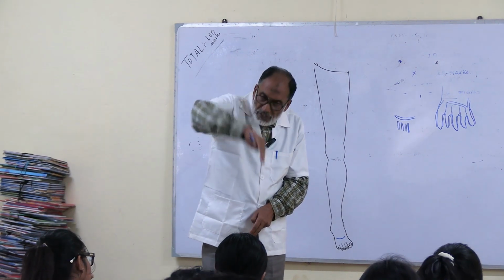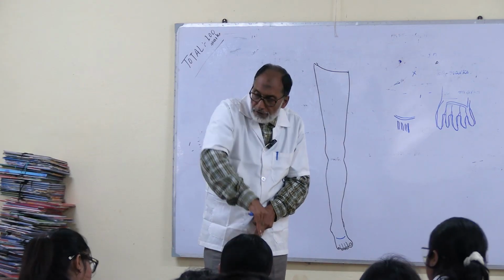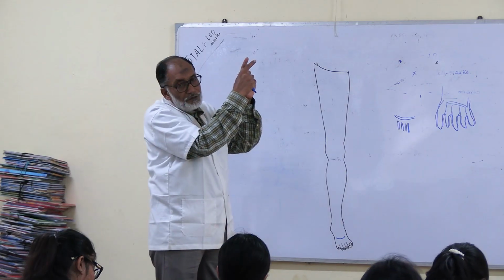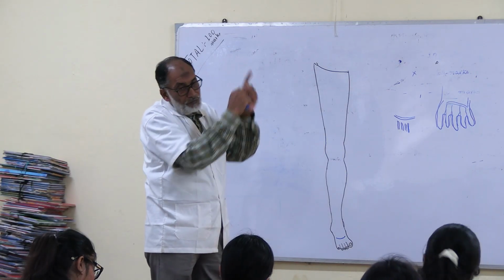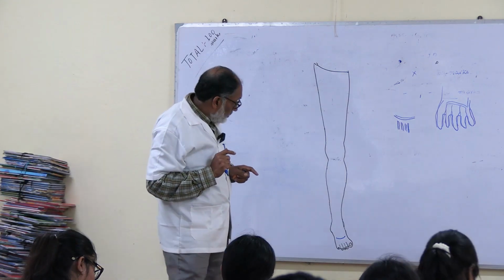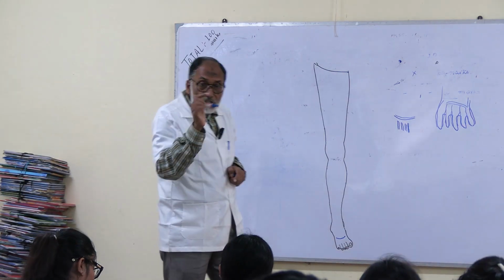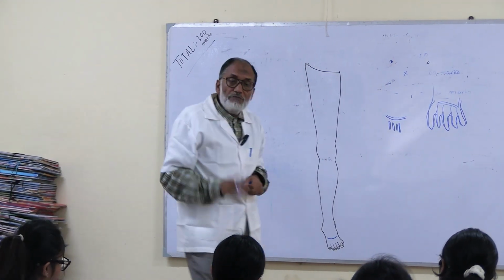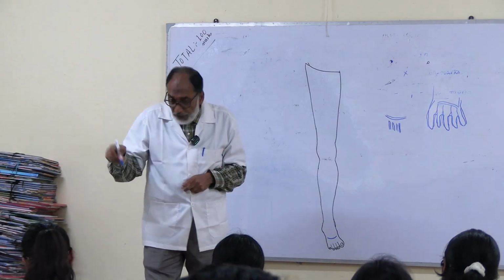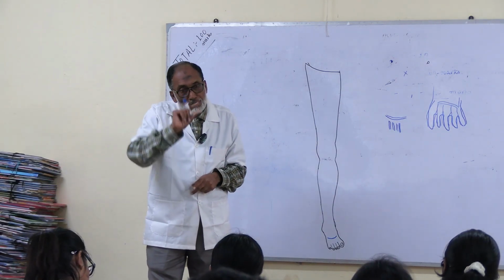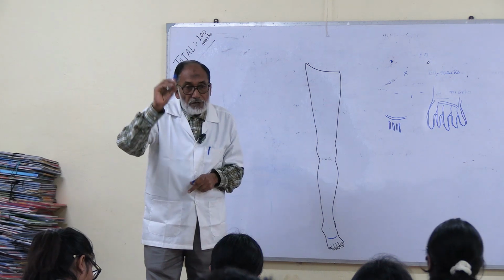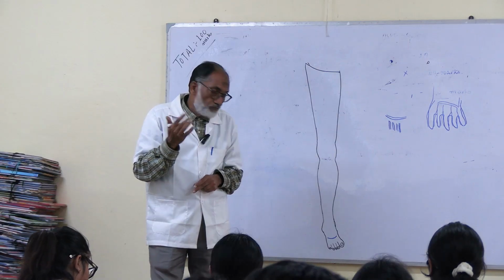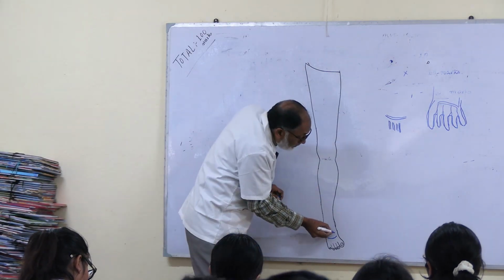The great saphenous vein will be formed by the medial end of the dorsal venous arch, and on the medial aspect of the foot the medial marginal vein comes, they will join and form the great saphenous vein. This great saphenous vein, in most cases, passes in front of the medial malleolus. In everyone's foot you will see it; it is a very prominent vein. This great saphenous vein will pass anterior to the medial malleolus. So the medial malleolus, then it will come from here like this,